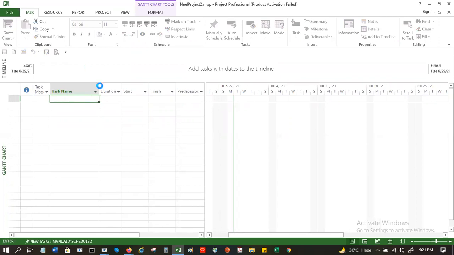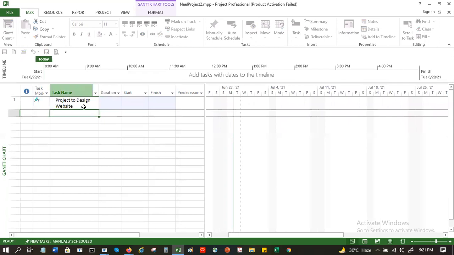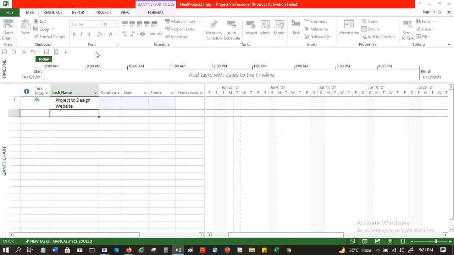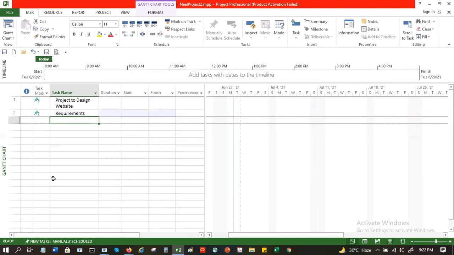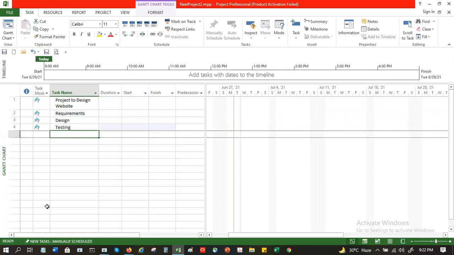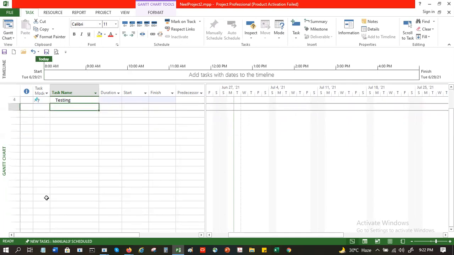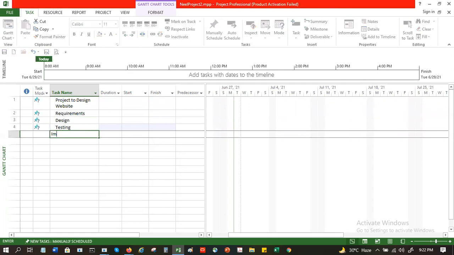So this would be the name of the project, and underneath that you would have requirements, and then design, testing, and let's say implementation, go live.